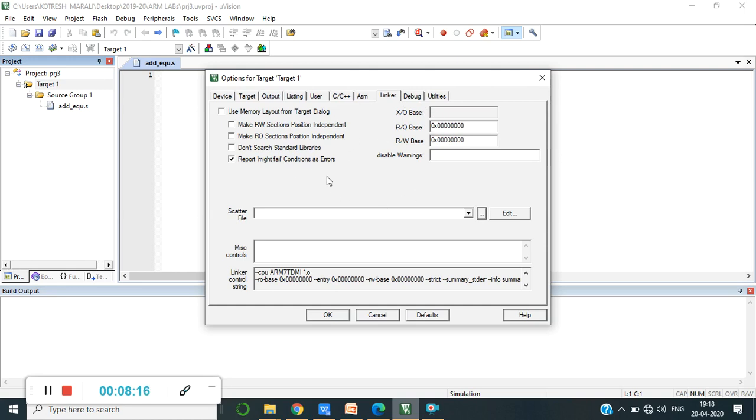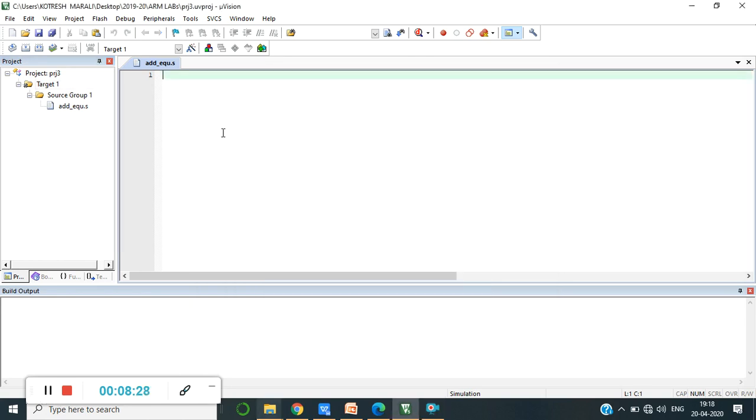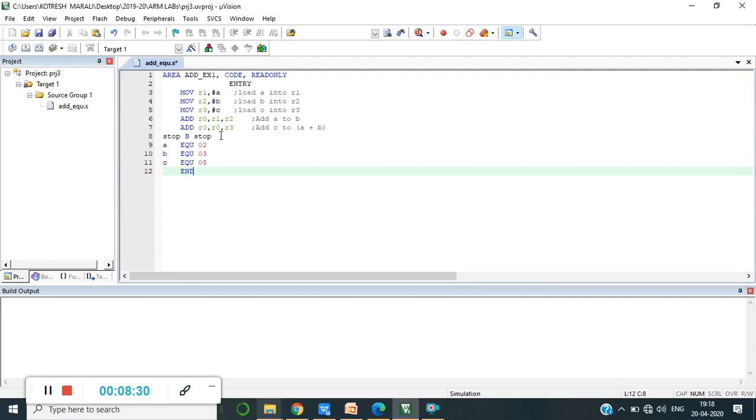Let me tell you this explanation with respect to memory when we move to memory programming. Say click on OK. Now let me paste the code which is already written. Make sure that I should not start here, because that is reserved for my labels. Anyways, it is here itself. Even if you take it in the middle, nothing to worry much about that.